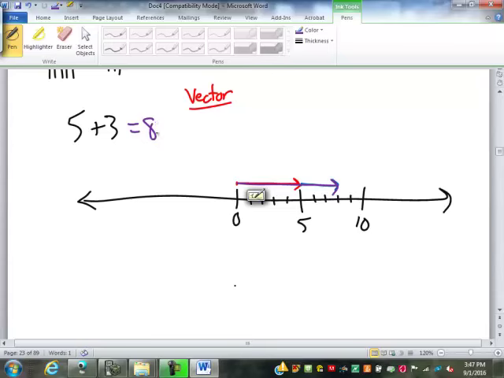Now we all knew before that 5 plus 3 equals 8. We didn't need to draw out our vectors to figure that out. But the reason I'm showing you this is,